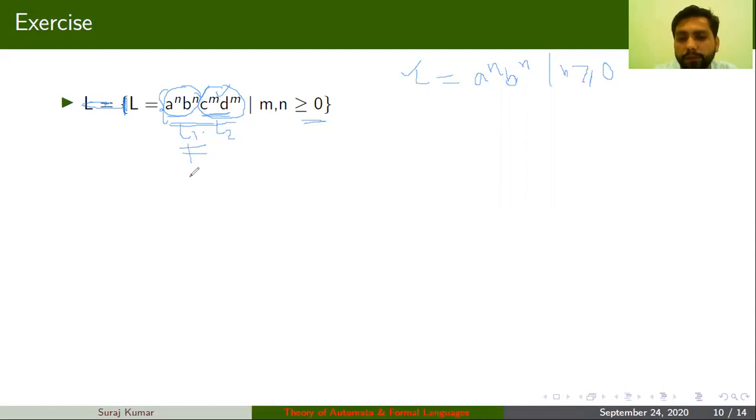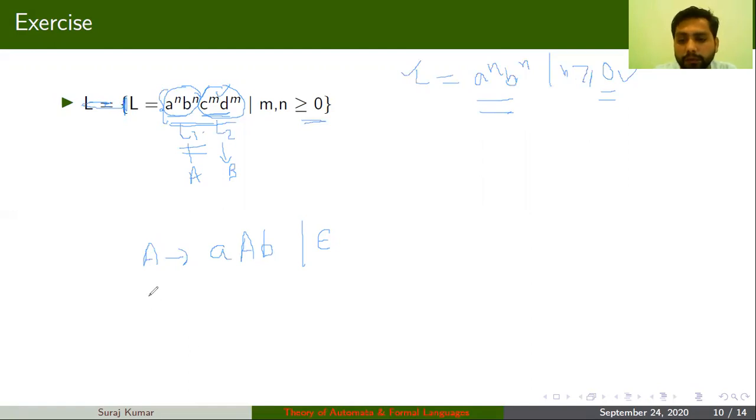Suppose that the variable I am choosing for L1 is A, and I am choosing the variable for L2 as B. So you can write the rules for A similar to this language. Okay, so I can write A implies aAb. This will always check for an equal number of a and b. Fine, and the stop condition or the basic condition will be epsilon. Okay, so if you put n equal to 0, you will get epsilon. So your basic condition, or you can say stop condition, will always be the smallest string.